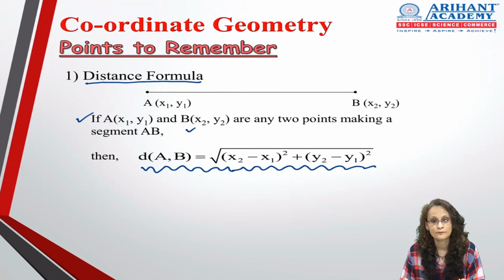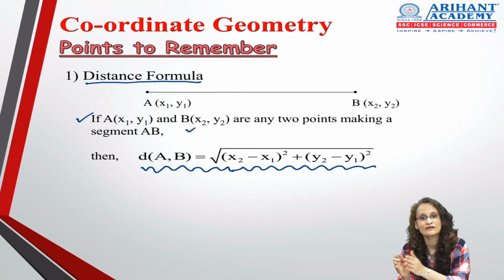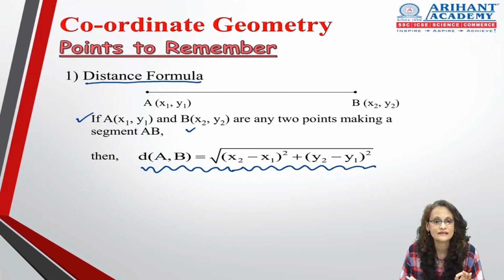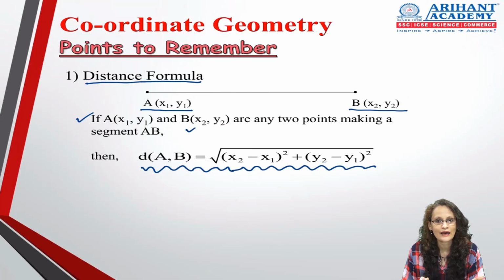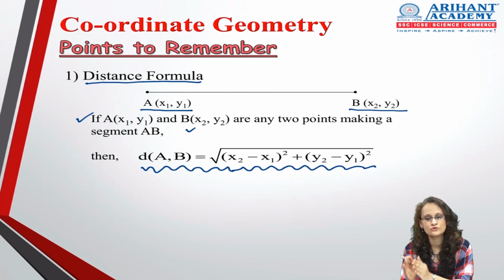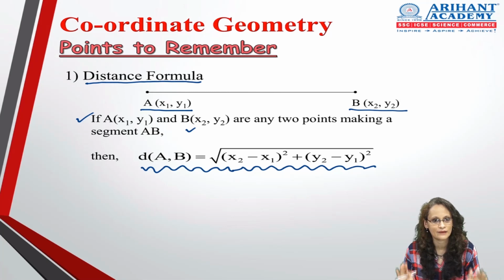Many of you may have a doubt in your mind: Miss, which one should be taken as x1, x2 and which as y1, y2? It's entirely your choice. They are interchangeable. Like over here you can see I have taken A as (x1, y1) and B as (x2, y2), but it is not any hard and fast rule. You can take A also as (x2, y2) and B as (x1, y1). It's entirely your decision. Your answer is not going to change depending upon what you take as (x1, y1) and (x2, y2). Okay? Have that very firmly fixed in your mind.